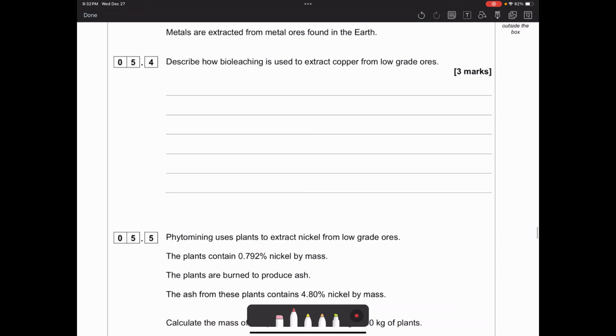Metals are extracted from metal ores found in the earth. Describe how bioleaching, that's your keyword, is used to extract copper from low-grade ores. You should remember bioleaching is one of your sustainable ways of getting metals from the earth when they're using low-grade ores. So we don't use the traditional blast furnace, we use bioleaching or phytomining. And you basically got to explain what bioleaching is. So you could break it down. What's the key thing about bioleaching? What does it use? Bioleaching uses bacteria, 1 mark for saying that,